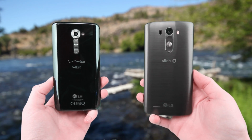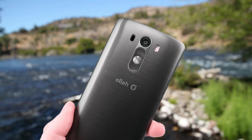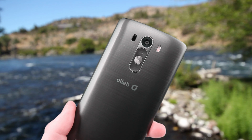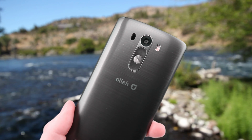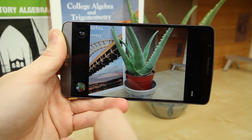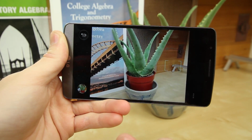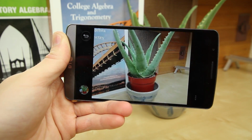Both the G2 and G3 have 13 megapixel optically stabilized sensors, but the G3 has something rather unique in that it has a laser autofocus sensor on the back next to its camera sensor, which allows it to snap pictures in crazy fast time, 0.276 seconds fast. And it also has this cool feature that lets you tap to focus while also simultaneously taking a picture, and since the autofocus is just so quick, this feature actually works well,